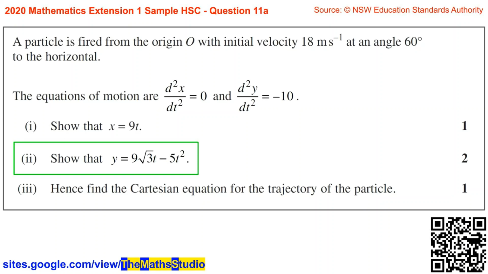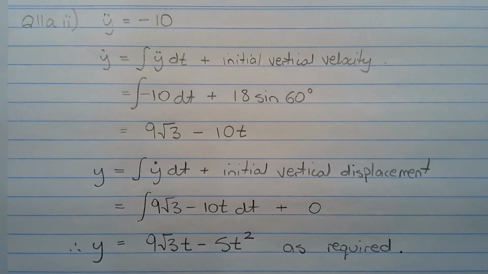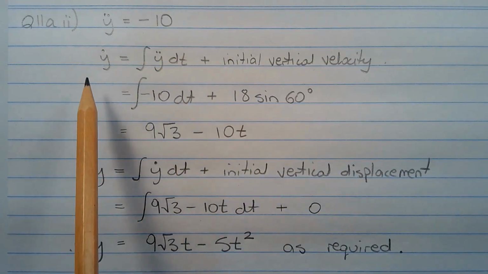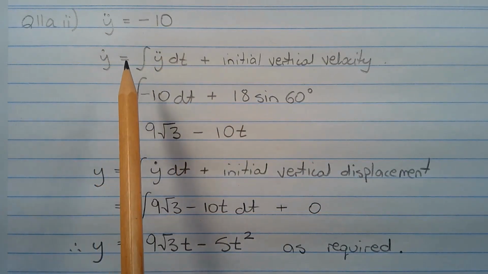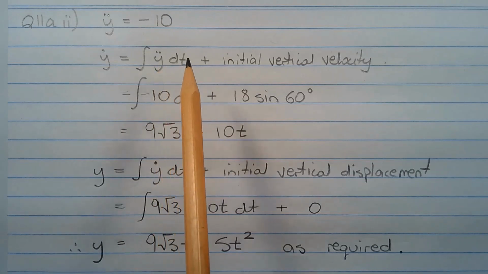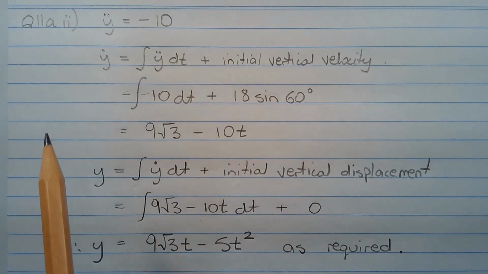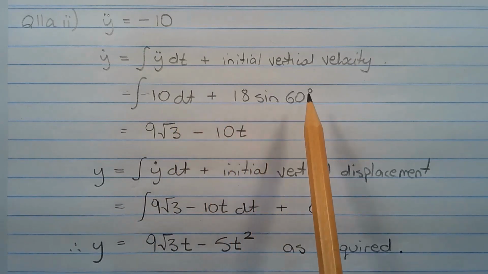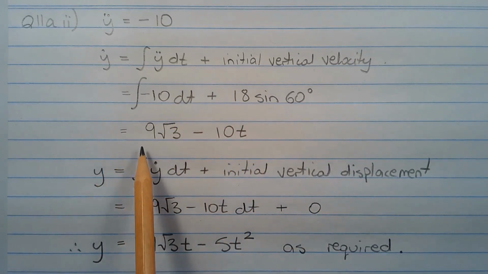Part 2. Show that y equals 9 root 3 t minus 5t squared. It is given that the vertical acceleration, d squared y/dt squared, or y double dot, is equal to negative 10. Now the vertical velocity is equal to the integral of the acceleration with respect to time plus the initial vertical velocity. That equals the integral of negative 10 dt plus 18 times sine 60 degrees, which equals 9 root 3